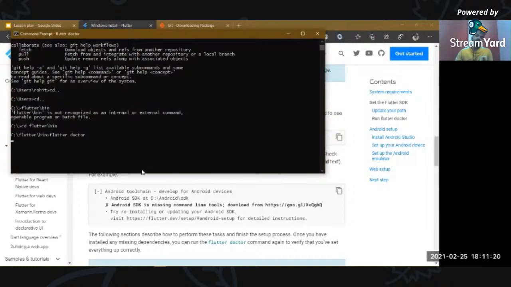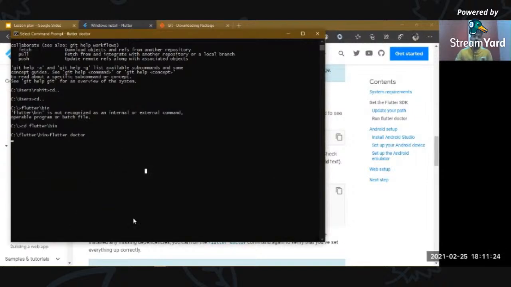It will take some time to run Flutter commands to check all the dependencies needed to run our Flutter application.